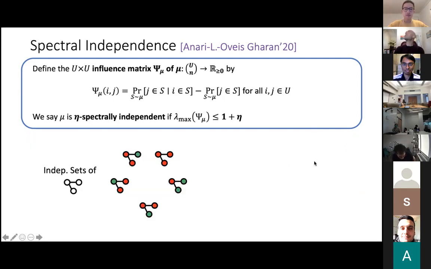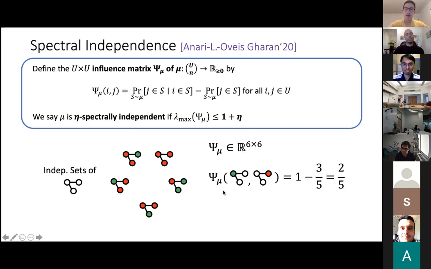Okay. So let me show you a couple of examples of this. Let's, for instance, look at the independent sets of this 3-vertex graph that I'm going to use as one of my running examples throughout the talk. Here the influence matrix is going to be a 6x6 matrix corresponding to the six vertex-color pairs. Let's look at, for instance, the influence of this vertex being colored green